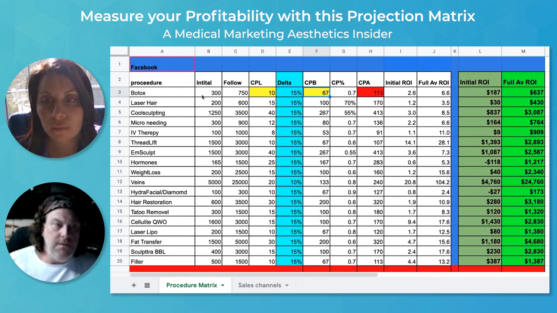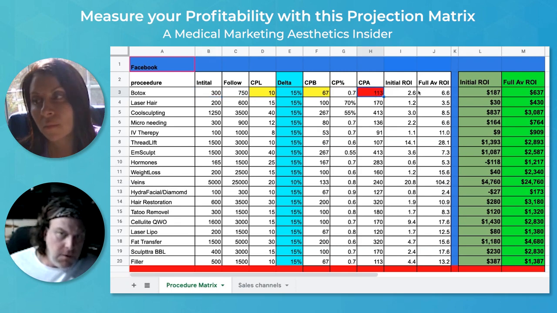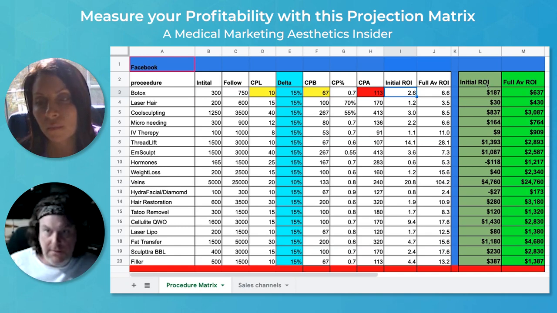So if you looked at the dichotomy of this, which is 113 versus your $300 typical cash register versus 113 for your cost to acquire the customer, your initial ROI is 2.6%, which leaves you with